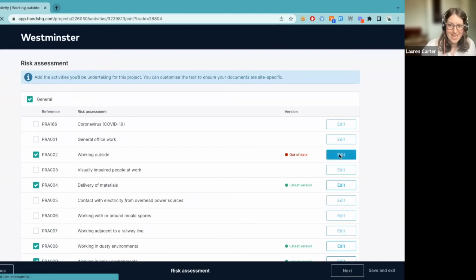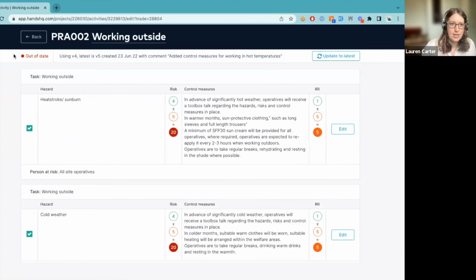We go through to edit, and you can see at the top we've got a banner telling us that it's firstly out of date, that we're using the wrong version, when that version was created, and the comment that you saw that I added when I was in the risk register part of the system. So this will give us the ability as a user to understand what change was made, whether or not it's